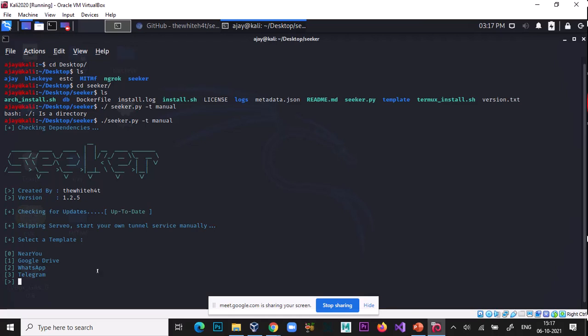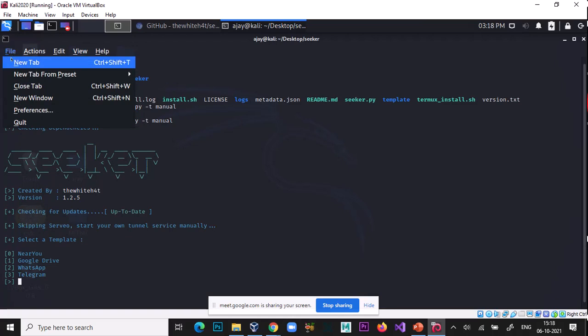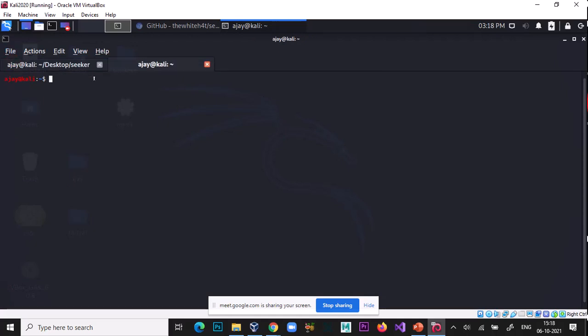Select a template. You can select any of the templates, Near You, Google Drive, WhatsApp, Telegram, any kind of template you can select. But for sending the web link, you have to start your web server, for which you have to use ngrok. For ngrok, you just type cd desktop. Okay.